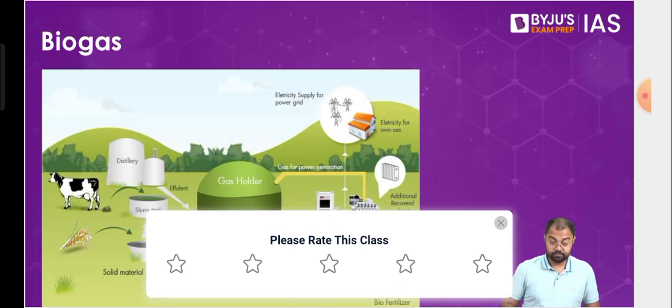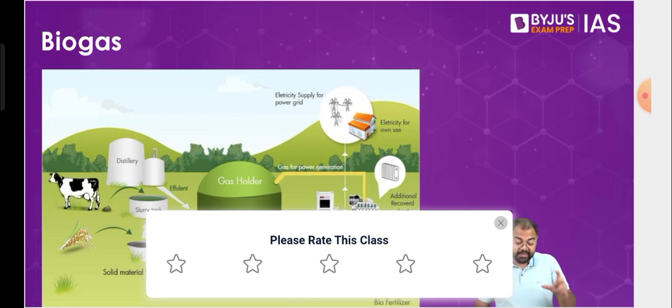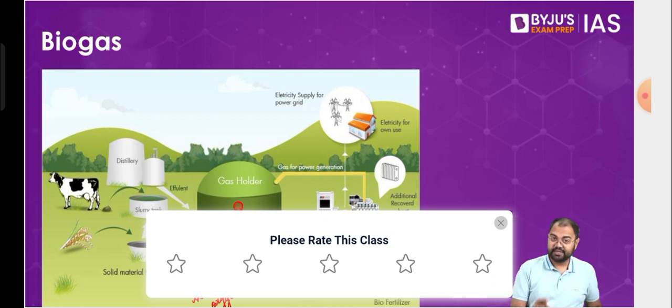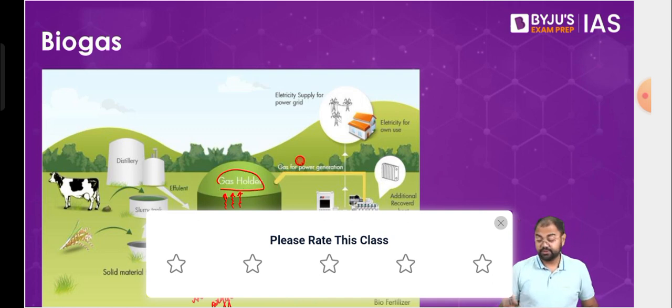With the help of this particular setup. All the waste is first collected, and this goes to something called an anaerobic digester. Now, anaerobic means what? Absence of oxygen. If there is no oxygen, then it is called anaerobic. So we have limited or cut off the oxygen presence here. Now, in the absence of oxygen, decomposition starts, and with this decomposition, methane is released. This methane collects in the gas holder, and from there it will either be used as a domestic fuel, or it can be used for power generation as well. In whatever capacity we want, we can use it. So that is how biogas works.